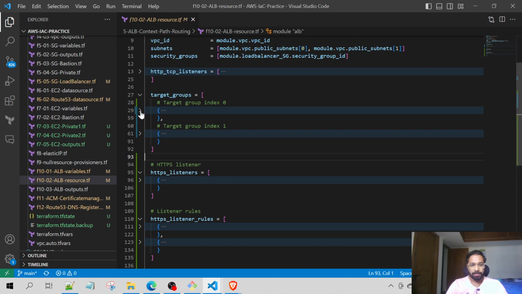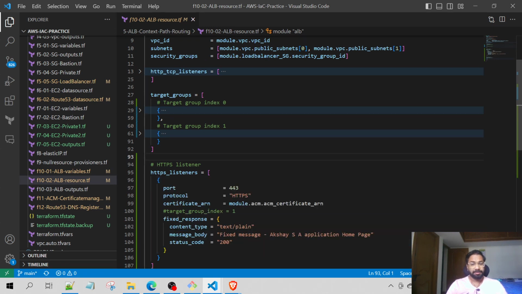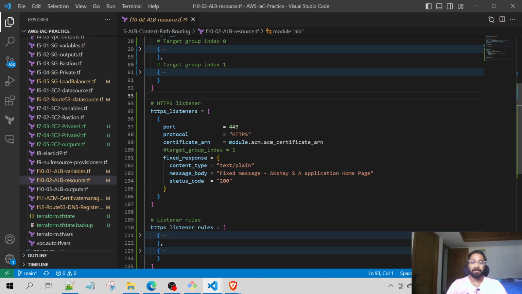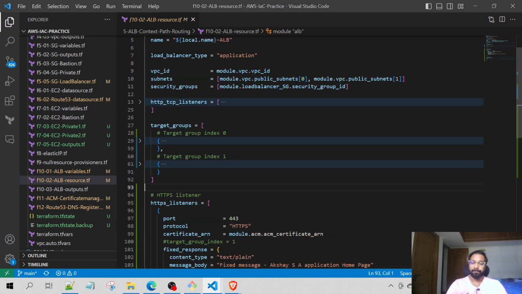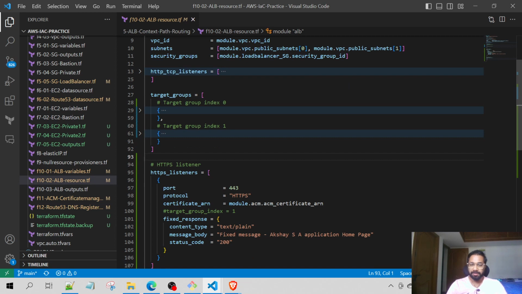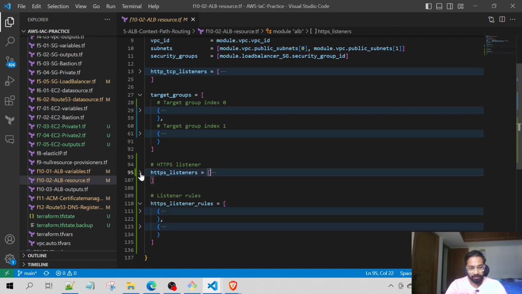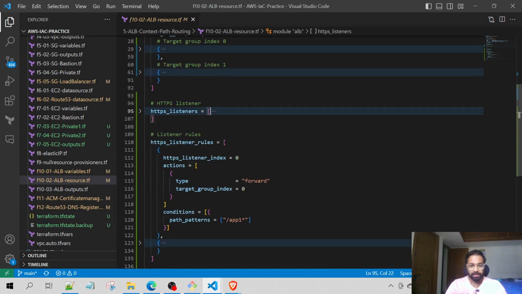For the HTTPS listener, we are going to have port 443, and once it reaches the DNS domain, the DNS URL, which is akshayadevops.click, it's going to give a fixed response, something like this, AWS application homepage. If I give something like apps.akshayadevops.click/app1/index.html, that will be routed to, okay, so this is the request which we will be giving, the URL /app1,